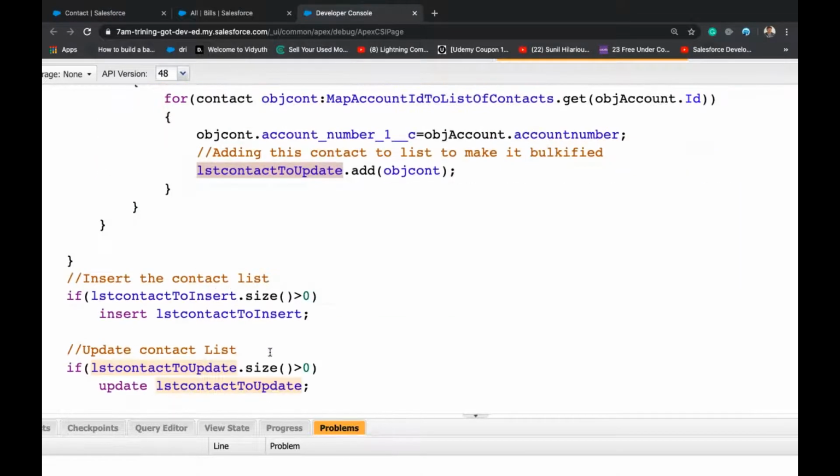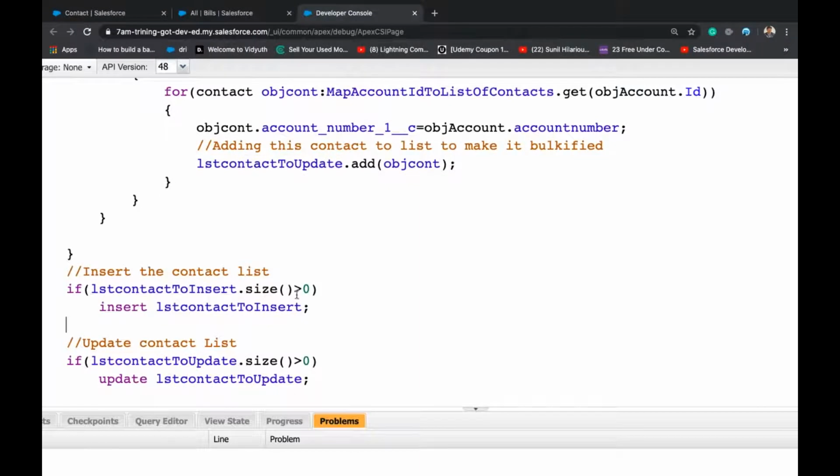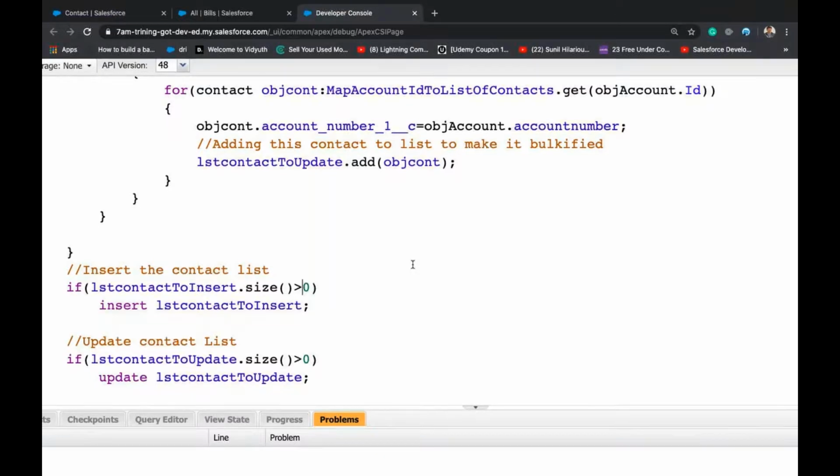Insert contact to update. We'll check the size. We will avoid unnecessary DML error. So if the list is null, it will throw an error, right? So it's always good practice to check the size is greater than 0 or not, then only we perform DML. Okay.